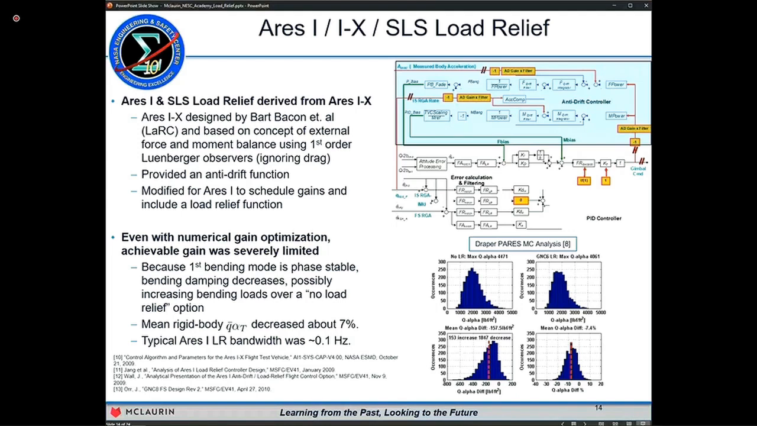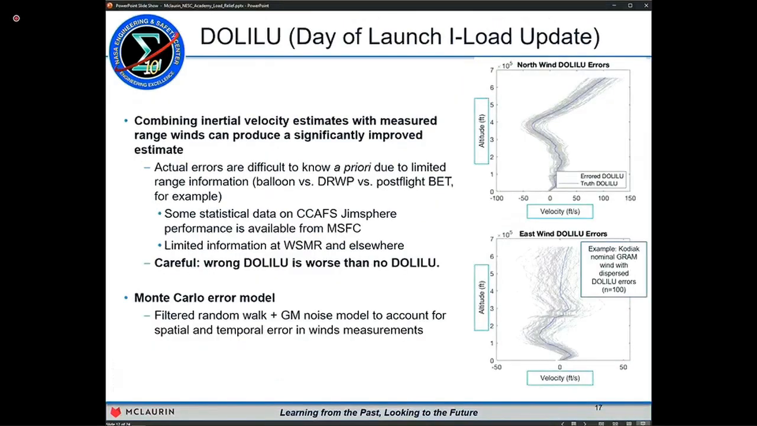And then if that's combined with Doppler radar wind profiling or balloon soundings, which are all standard range products, or even forward-looking sensors, LiDAR, et cetera, we can formulate new control laws to take advantage of that angle of attack data. Okay, so an example of day-of-launch I-load update. The biggest challenge with this today is that there's not a lot of good statistical data for the major ranges like Wallops, Vandenberg, and the Eastern Range on the statistical correlation of the measurement versus actual,